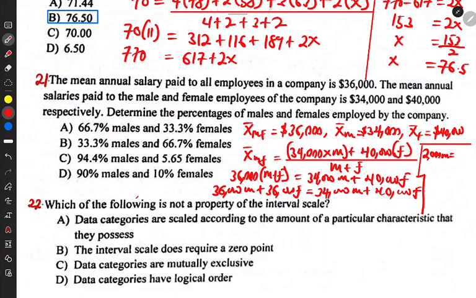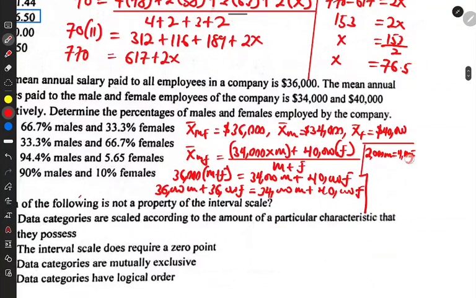So we'll have 2,000 M to be equal to, when you also compare that of 36,000 F to 40,000, we're going to get 4,000 F. So let me write it well for you. 2,000 M should be equal to 4,000 F. So in that way, if I want to find the ratio of M to F, I can